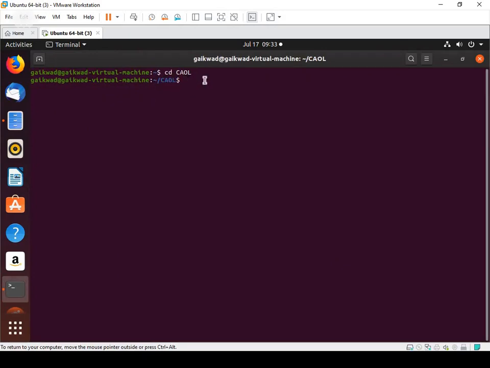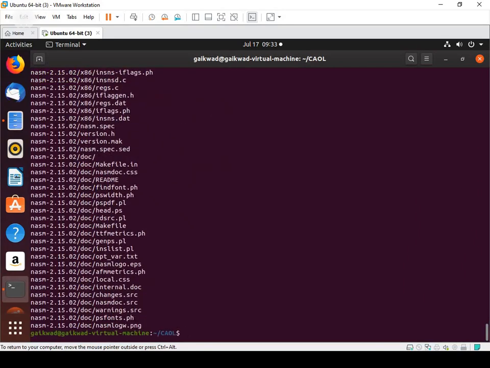Now here I will type tar xzvf nasm-2.15.02.tar.gz. Now this folder has got extracted.